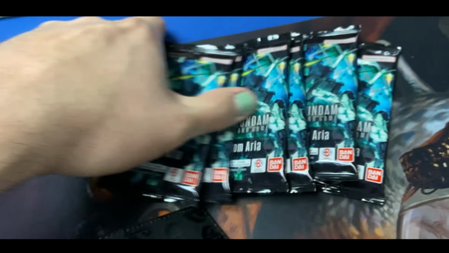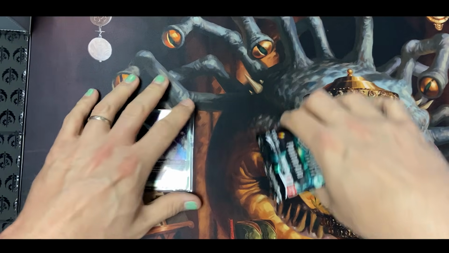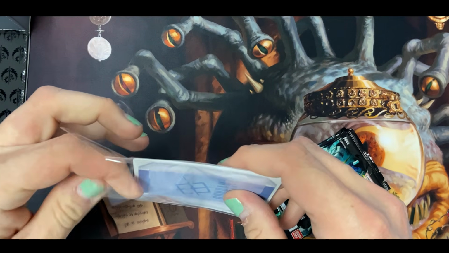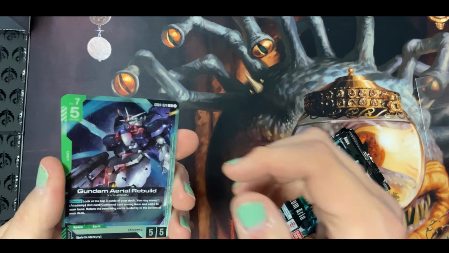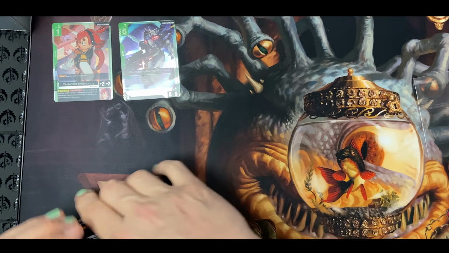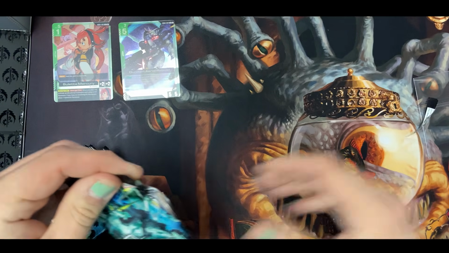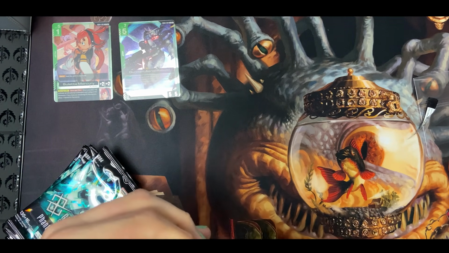So, Gundam 101 time. How to play in release events. First up, you do have to sign up for these on the app, so make sure you get the Bandai TCG Plus app, and you'll just sign up. It'll tell you if you get in or not, and, hey, come to it. So you will get promos. Promos are awesome. You'll usually get 2, and they're usually fairly decent cards, nice alt arts,